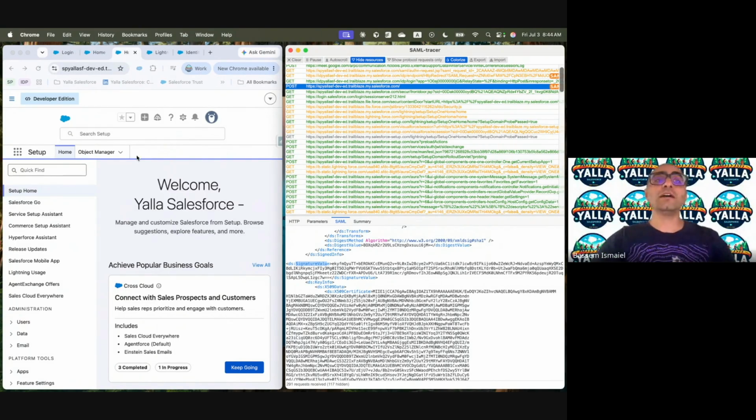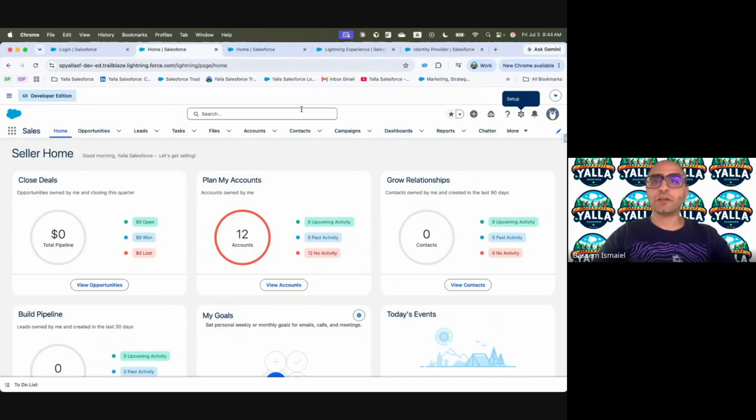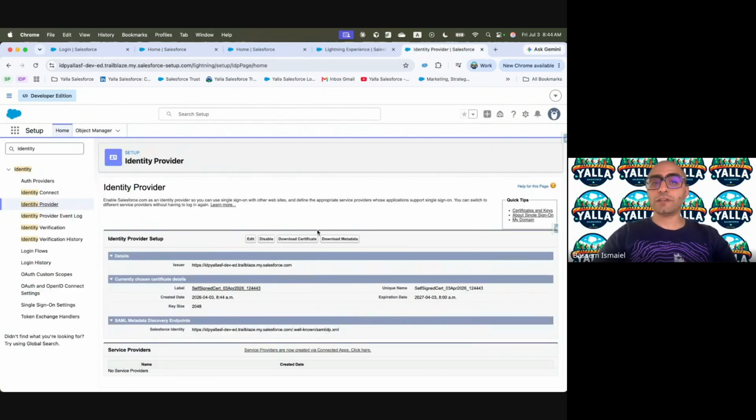So this is the signature which happened because when I was in here within the identity provider, I downloaded this certificate from the identity provider, and we will show you the other side, which is the service provider. We use the same certificate to have this mutual trust between the IDP and service provider. I'll pause. Any questions? So I will summarize everything we talked about, but in a nutshell, we went to Salesforce,